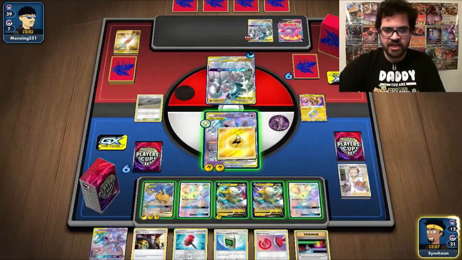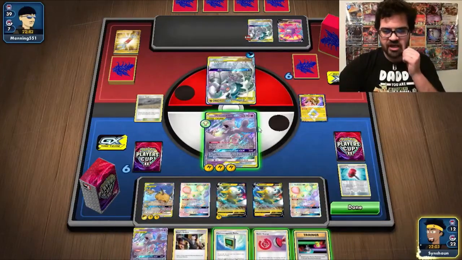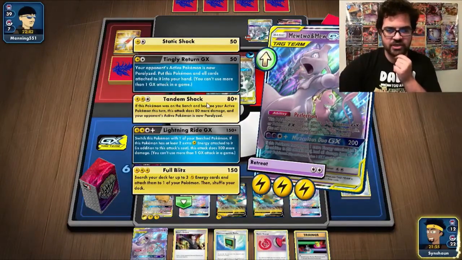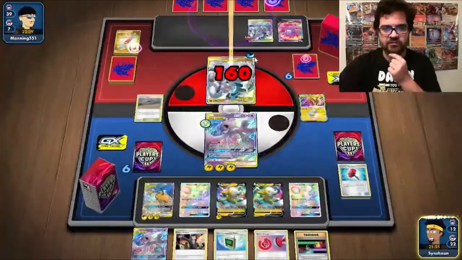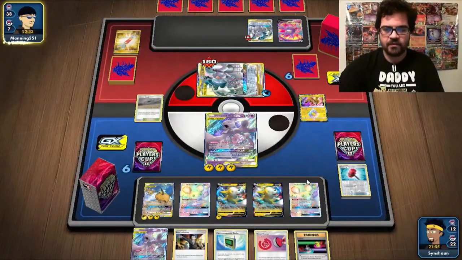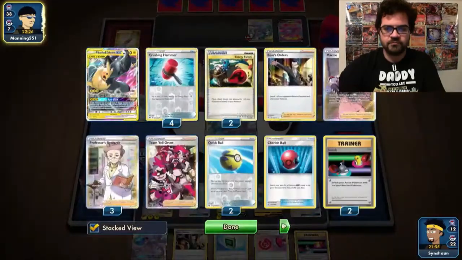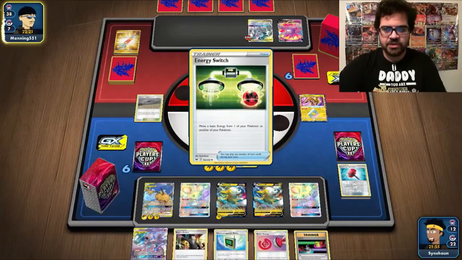So because we did find the PikaRom, we could full blitz, but we're not going to because we do have another switch in hand. So we are going to Tandem Shock, seeing as how we did not hit the Crushing Hammer to get rid of this energy. We have a lot of our energy already on board,